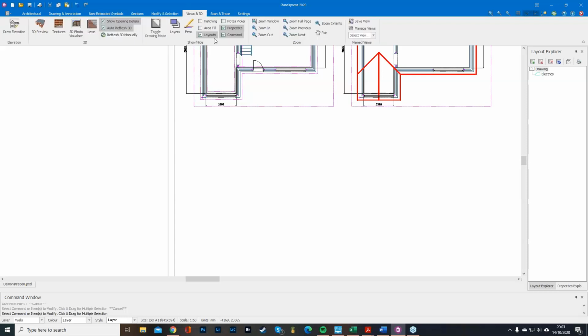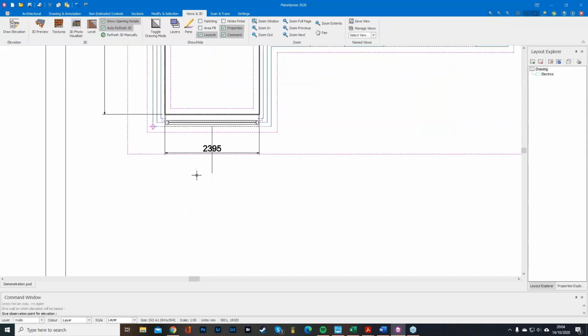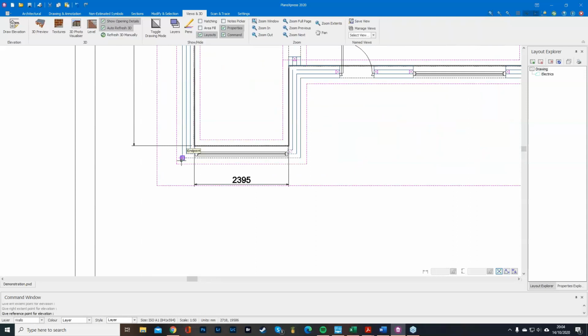So I can go to the views in 3D. I can go to my draw elevation. The software down in the command window says give the wall on which the elevation will be based, and I'll just say it's going to be off of this wall here. I can then give the observation point. So nice and far back, go in as deep as I can, go as far left as I need it to be, go as far right as I need it to be. The software then says give the reference point. If you use the exact same reference point as you did creating the first floor to the second floor,